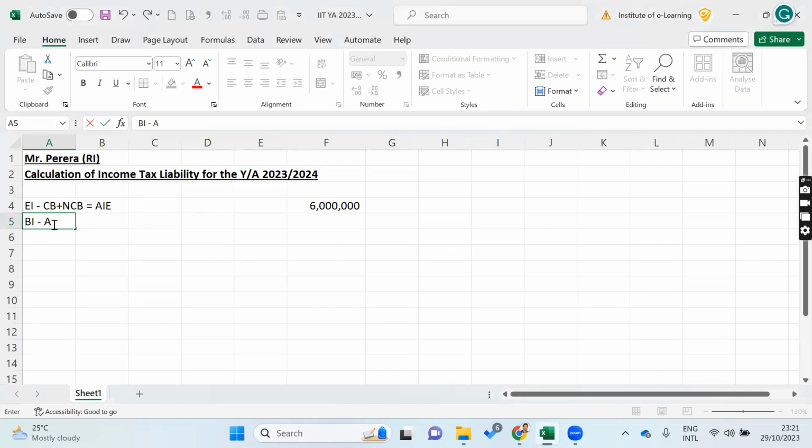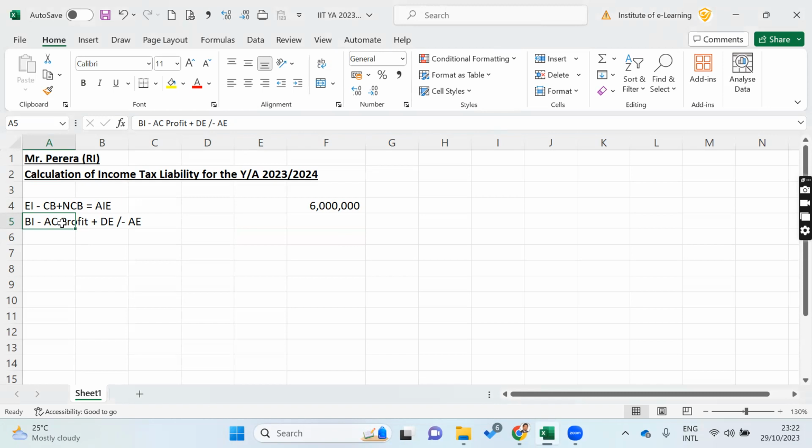After taking accounting profit, we have to do some adjustment. We call it plus minus. Allowable expenses, we have to deduct allowable expenses, and we have to disallow disallowable expenses. Allowable and disallowable expenses are there. We have to adjust. Because allowable expenses means we can deduct some expenses, as well as disallowable expenses, donation, entertainment,